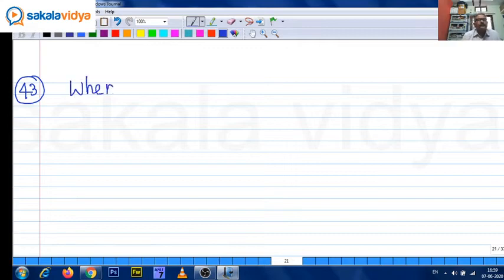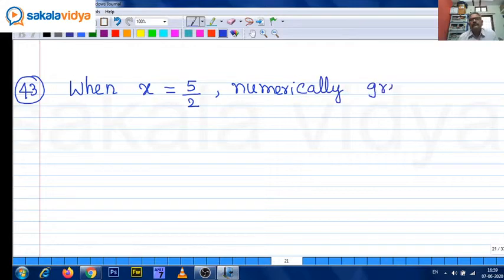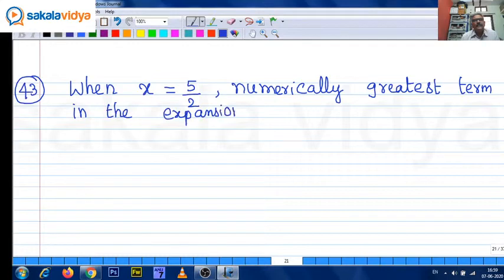When x equals 5 by 2, numerically greatest term in the expansion of (3 plus 2x) whole to the power of 15 is,